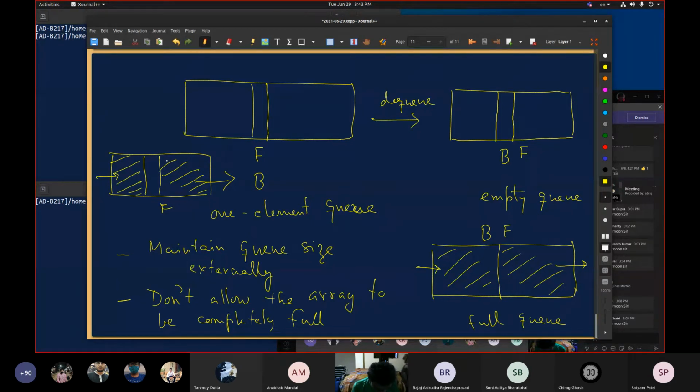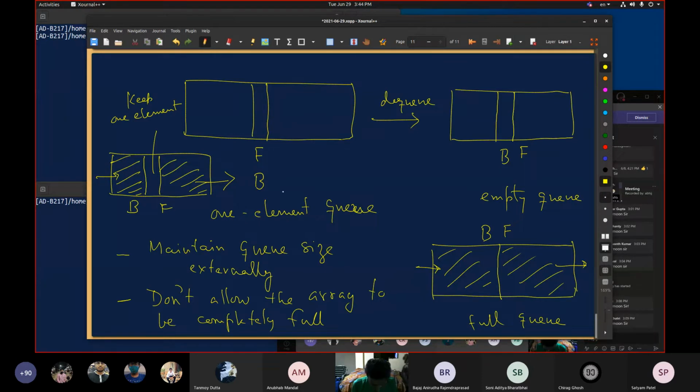I will keep one element empty. And if that convention I follow, of course I am wasting this extra space for one array cell, but